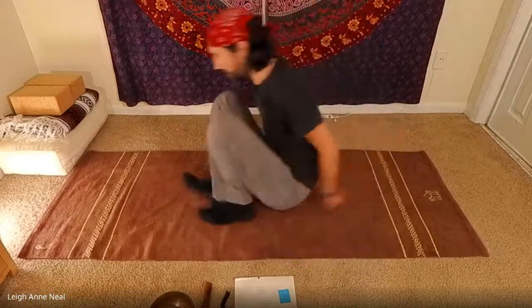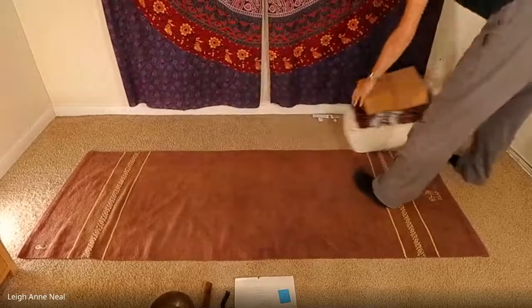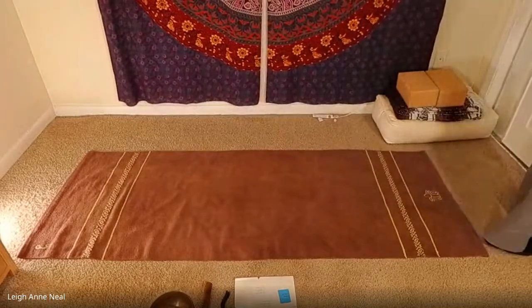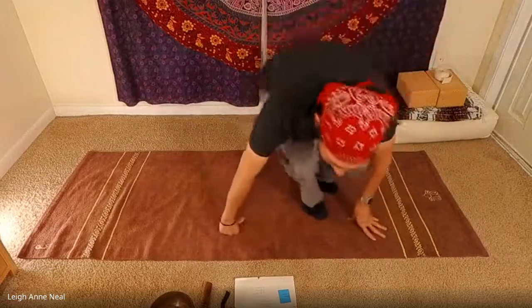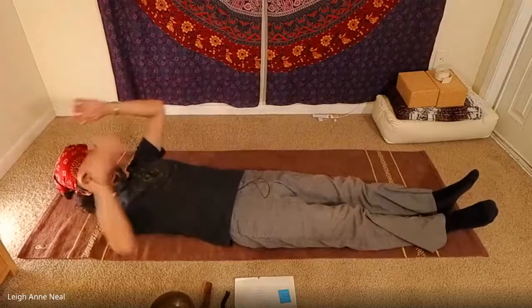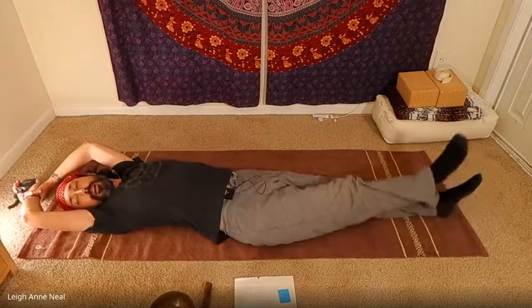So we'll begin with our sides, and we begin with what's called a banana pose. So making your way onto your back, I'm gonna move these props out of the way for now, into what we call a pentacle position. And pentacle is just laying on your back, relaxing on your back, if you will. And what I recommend is you move your hips over to the right edge of your mat. Then, reaching up, you're grabbing the right wrist with your left hand, take your right ankle over your left, and